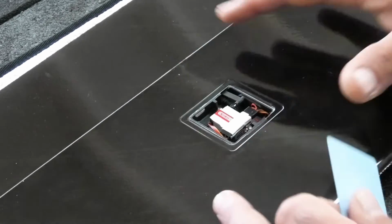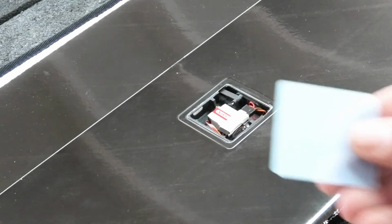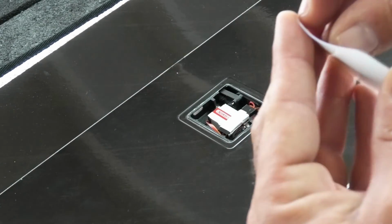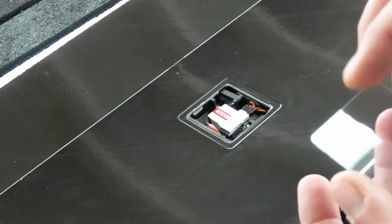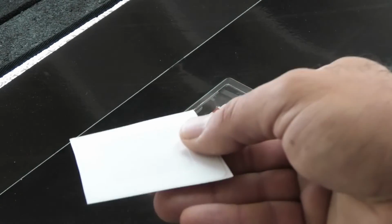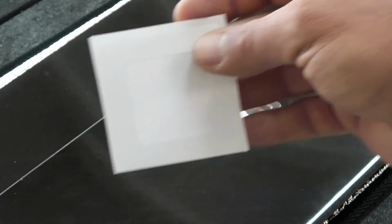Fits good. Wipe some dust off the areas around. And then again, we have to peel the film off this. There's coatings on both sides. Then we have a clear servo cover. We'll put this in place. Then I'm using these pre-cut sticker vinyl things that came with the sensor,